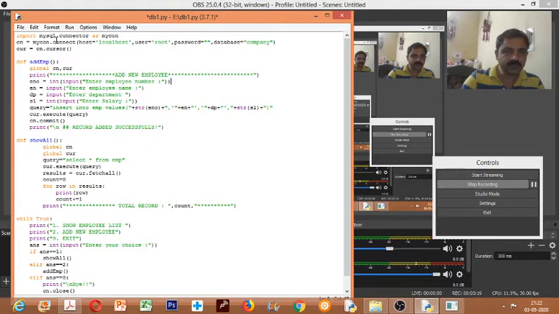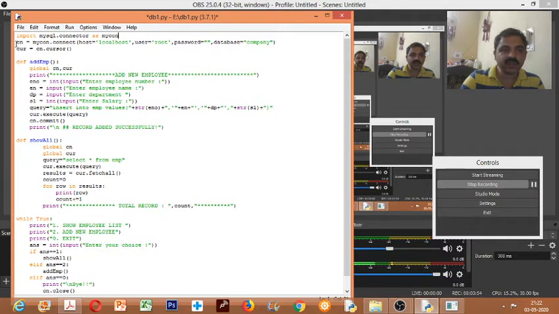First, here import mysql.connector. This is an important part. I need to establish a connection, so before that I need to import the features of the MySQL connector. So import mysql.connector as a short form; I can take it as mycon, any name. Then I can use this short form in the other parts where I'm referring to the MySQL connector. Otherwise, I need to write connector again and again. So here we have taken mycon.